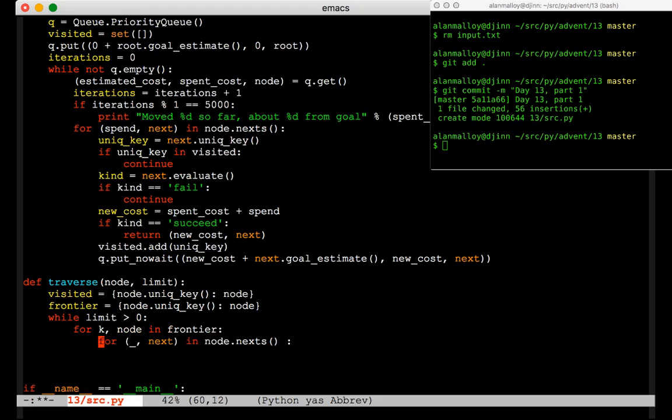I guess if we're going to do nested for loops, we have to write things not backwards, which is fine with me. If k, k equals next.unique_key. If, let's see, Python dict contains key. How to test if a dictionary contains a specific key. Is it just in? Yes, it is in. Okay. If not,